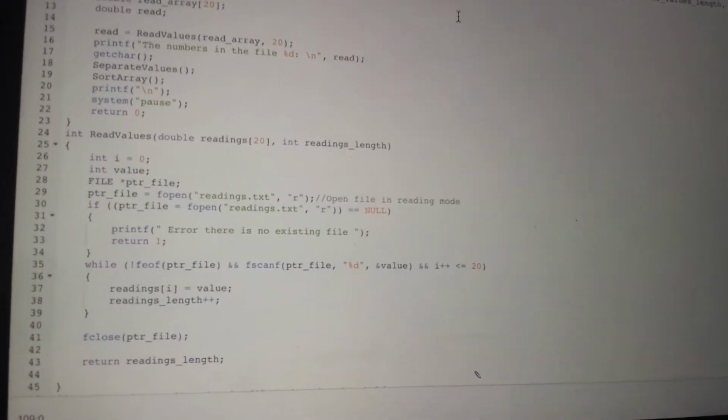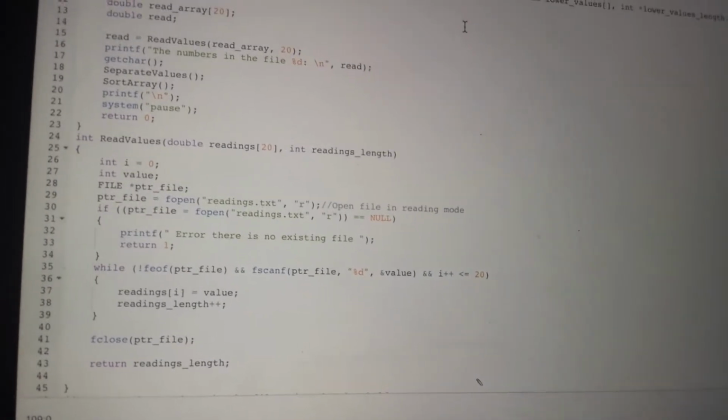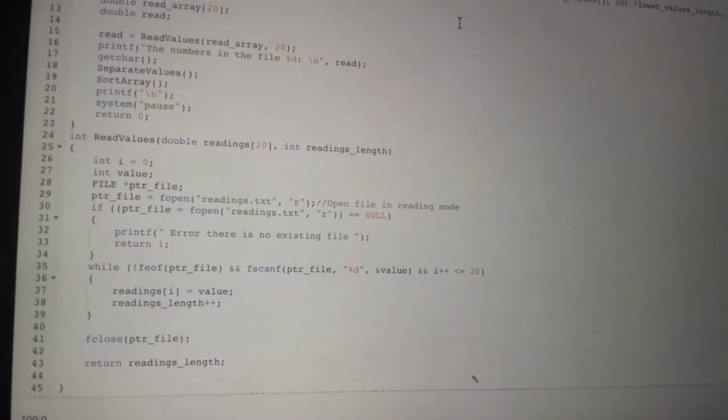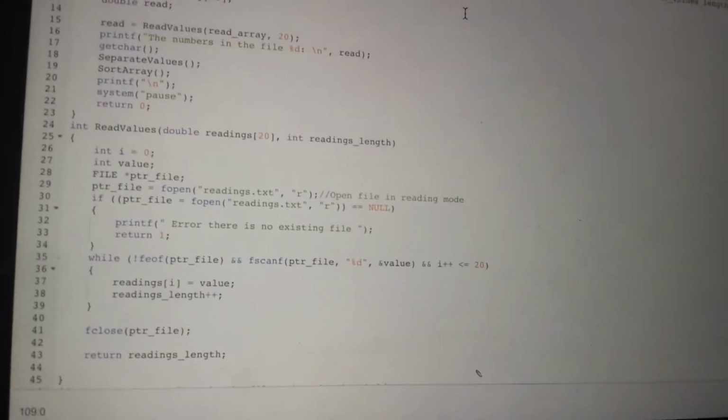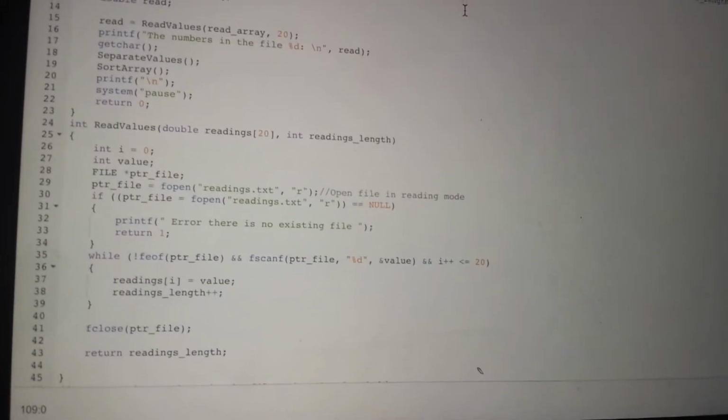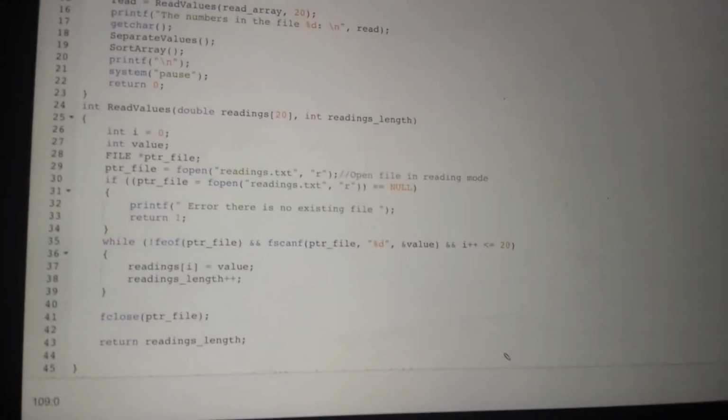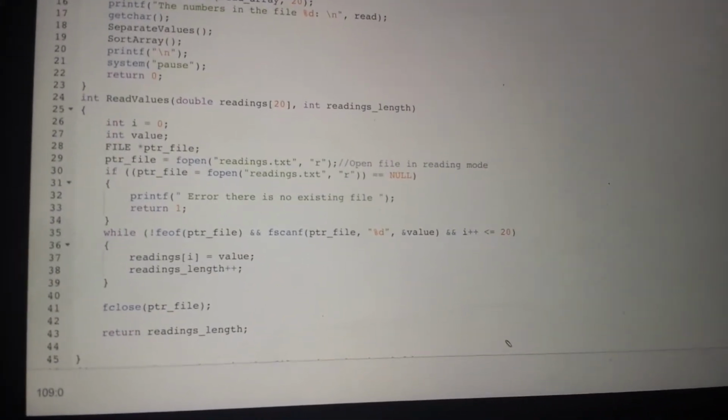But the integer readings length is going to be used to take up the number of elements inside the content, which is supposed to be 20. So as you can see here, the code, the part of the function read values